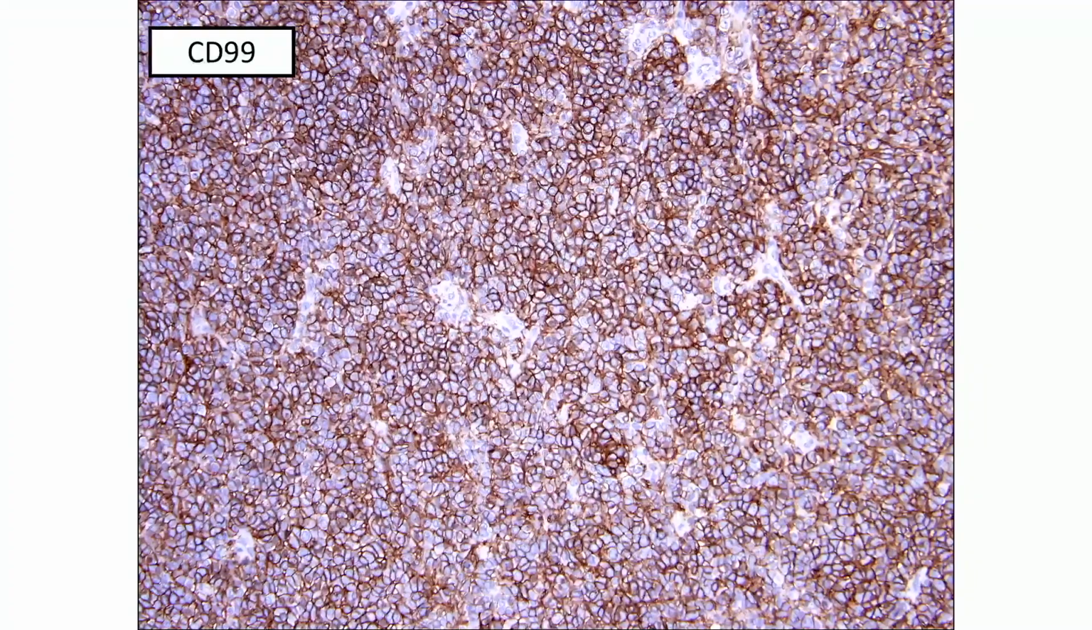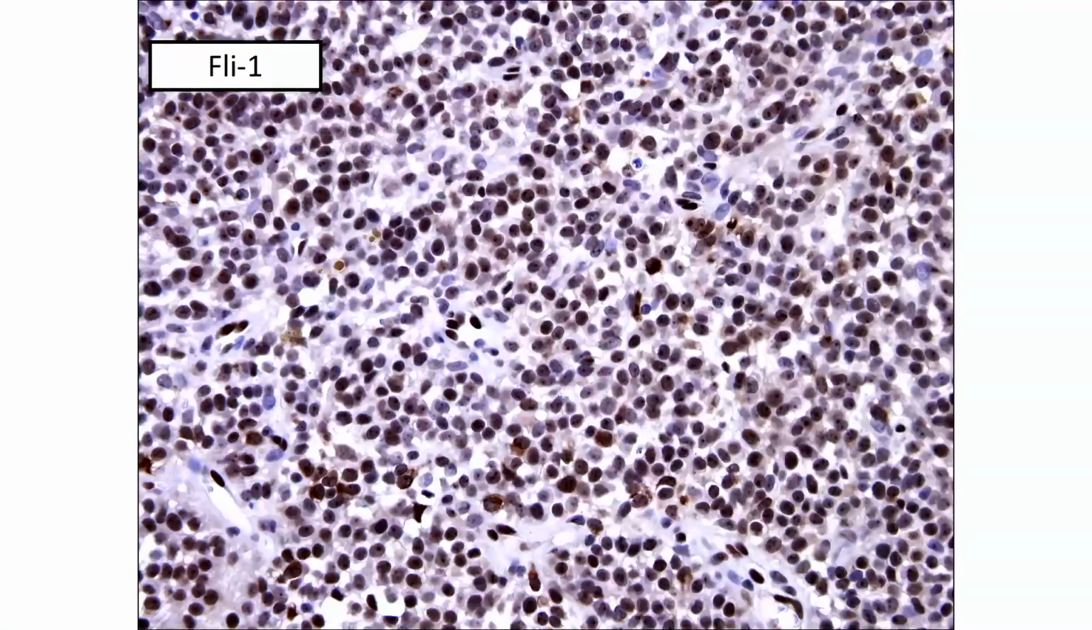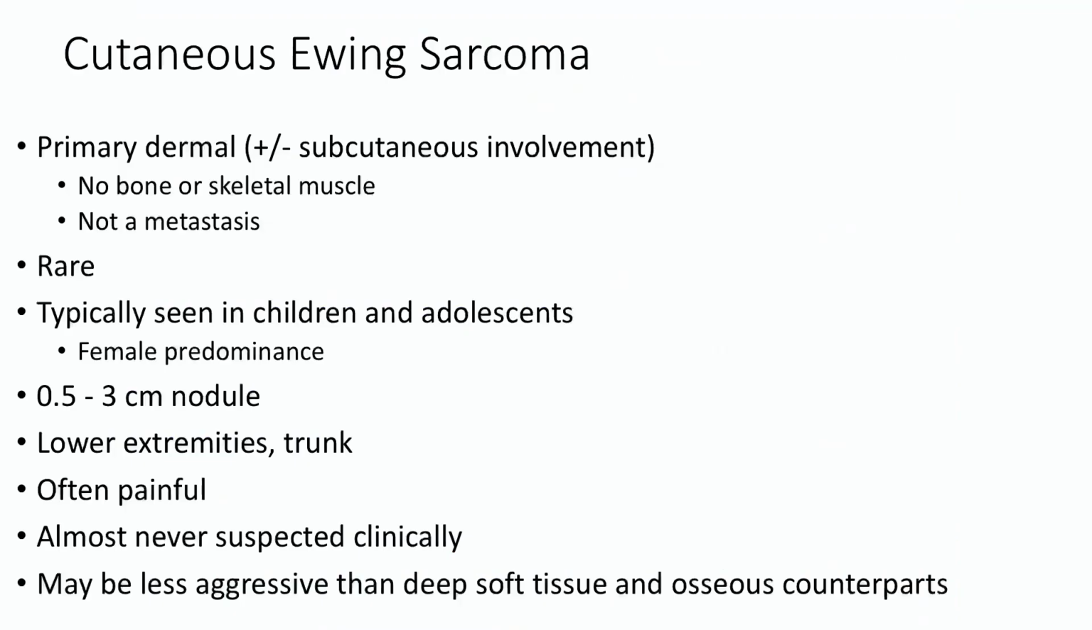Well, go back to first principles. It's a uniform small round blue cell tumor. And so I did a CD99, and you can see this has got diffuse, crisp membranous staining throughout the lesion. And back in the day, we did Fli1 stains. We don't tend to do those anymore for diagnosing Ewing sarcoma, but this is diffusely positive,